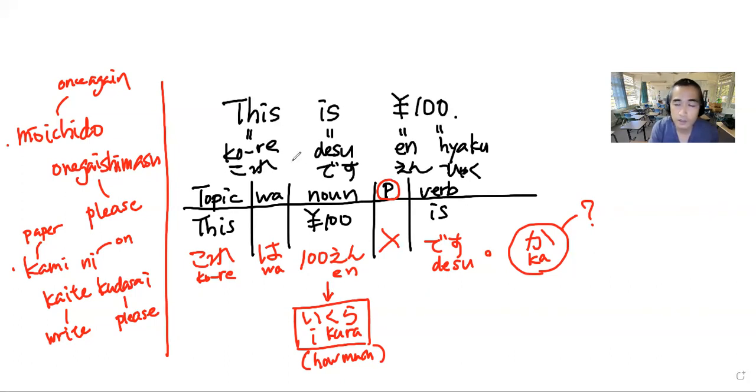Today we focus on price-related expressions. これはいくらですか?これは100円です。If you don't understand what they said, you can say もう一度お願いします。Then you can also say 紙に書いてください。I hope you understand what we learned today. If you have any questions, please let me know. はい、ありがとうございました。